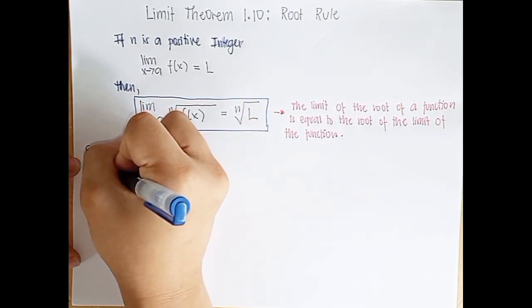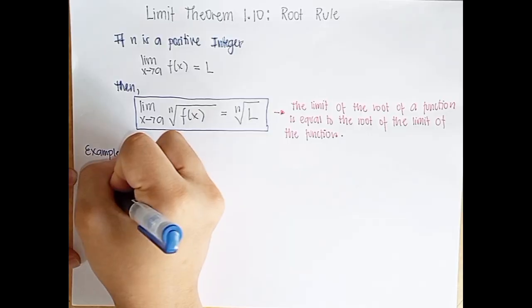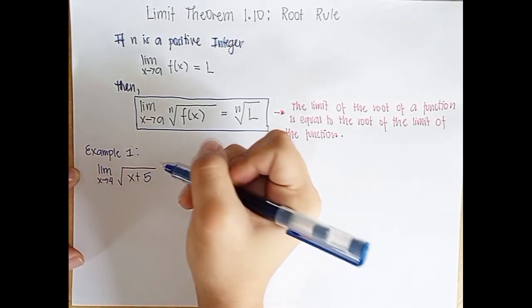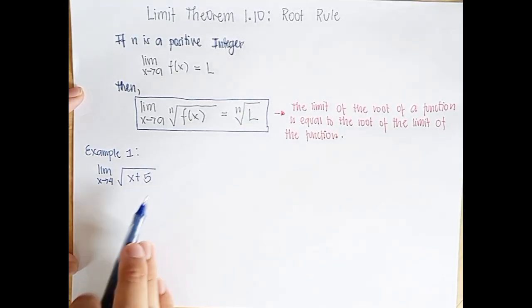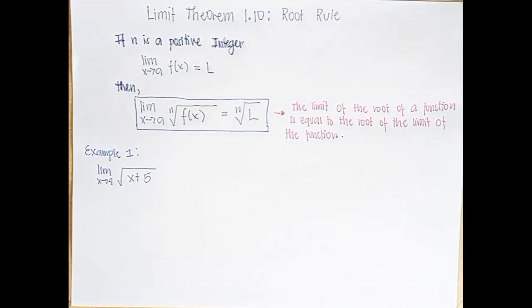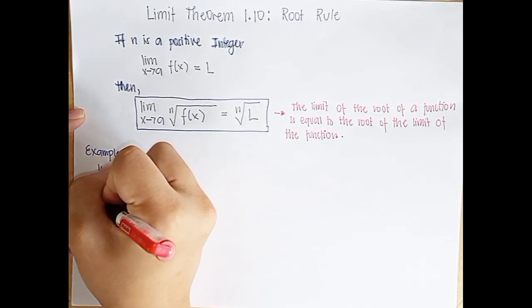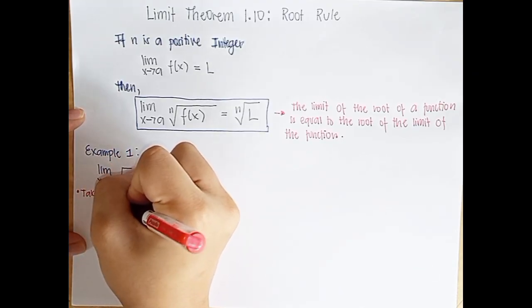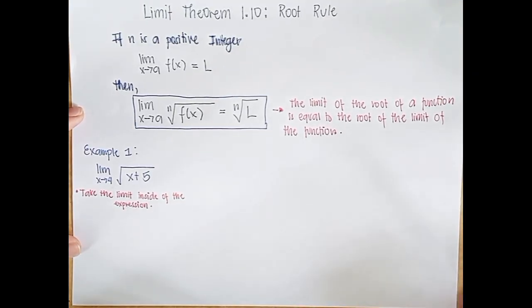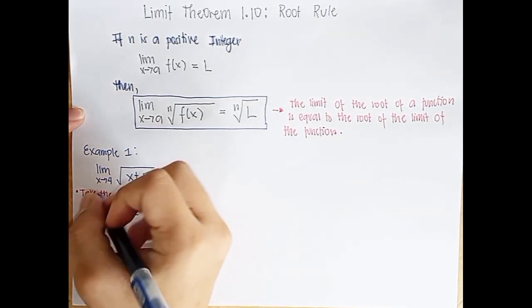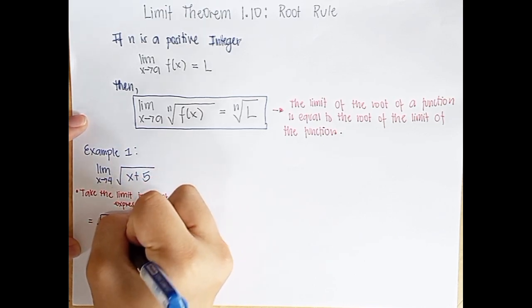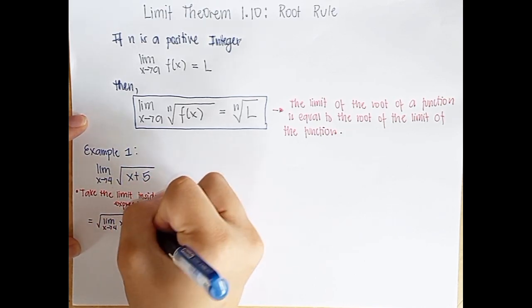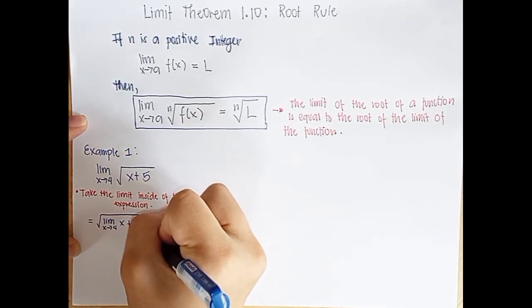So to further understand this one, as we have here example number 1, the limit as x approaches 4 of the square root of x plus 5. First, what we are going to do is simplify the inner limit, which is the square root of x plus 5. First, we have to take the limit inside of the expression. So this becomes the square root of the limit as x approaches 4 of x plus the limit as x approaches 4 of 5